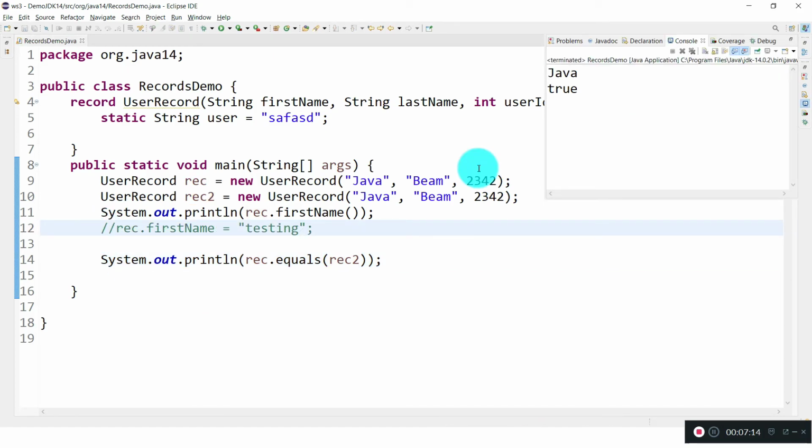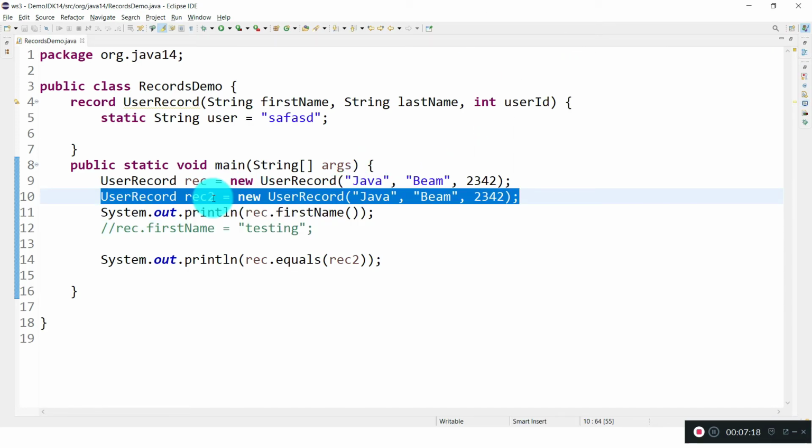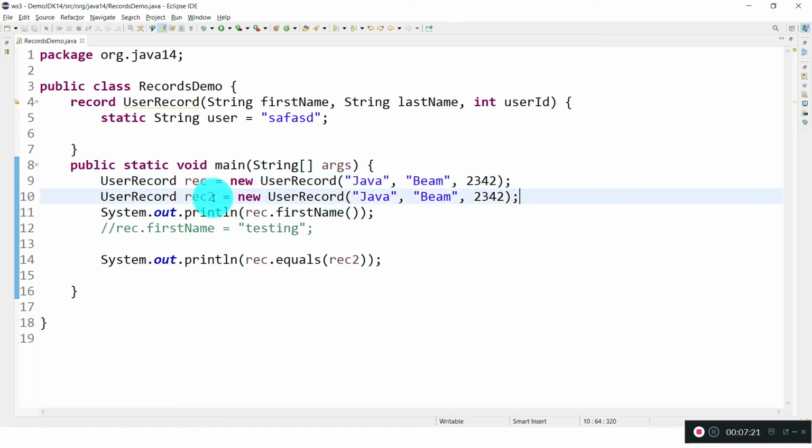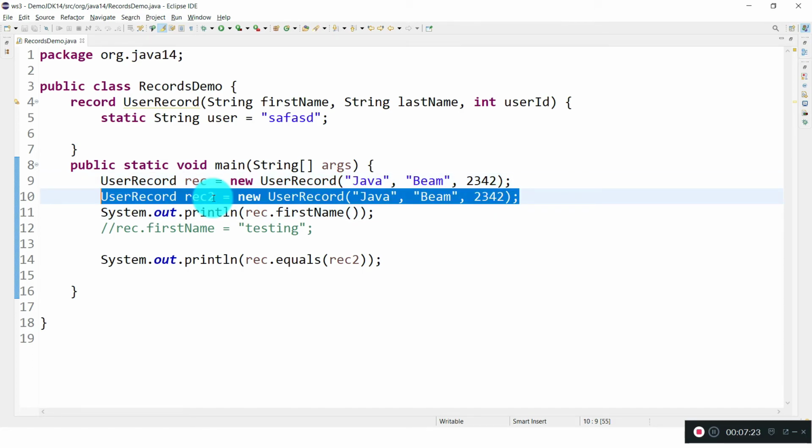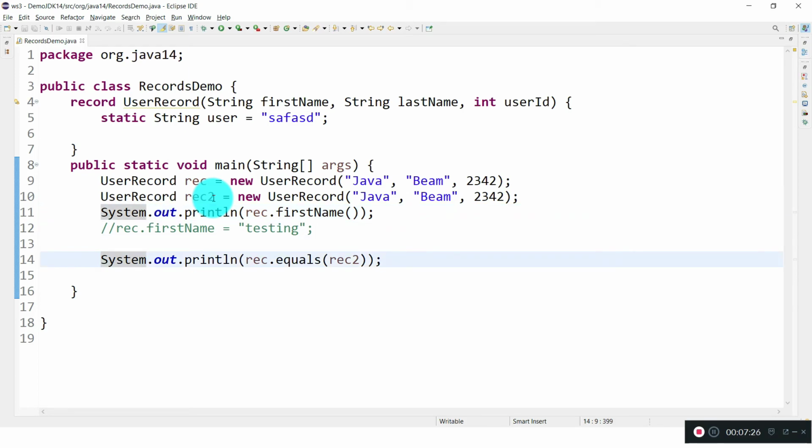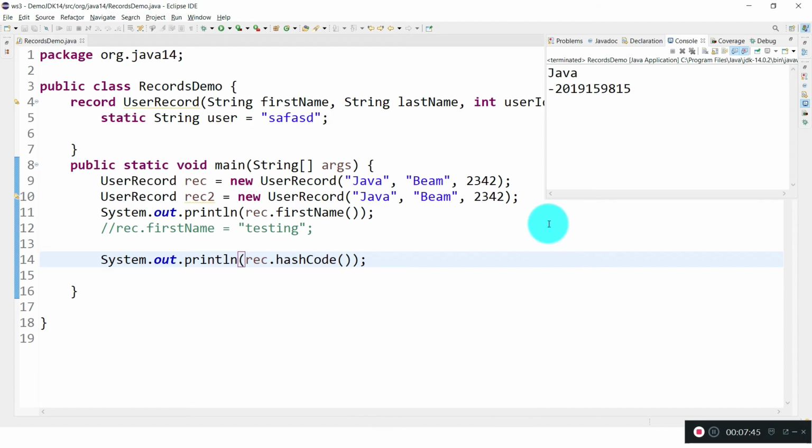Yeah, see here it is saying the two objects are equal because internally the Java compiler is providing an equals method. Using that equals method, it is comparing two user-defined record objects, and it's saying true because internally the equals method has been implemented. And you can see hashCode as well. We get some hash code because it has been implemented.